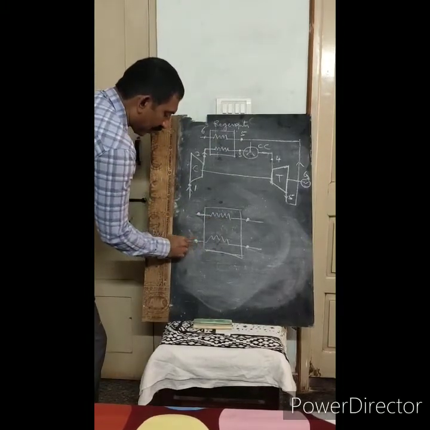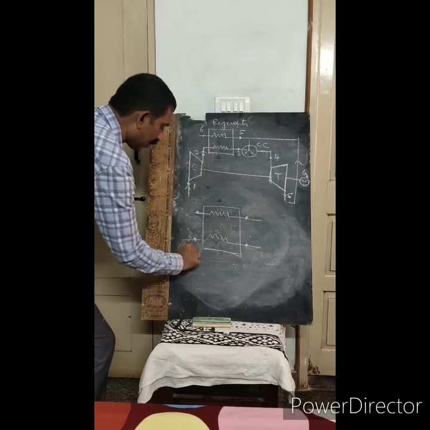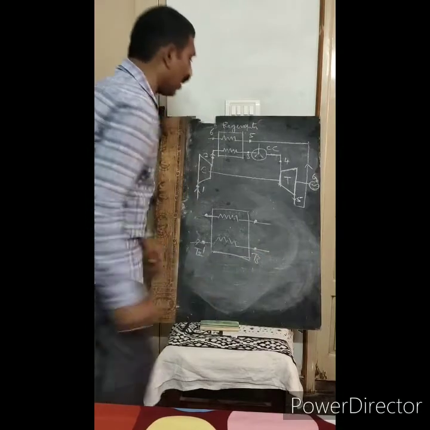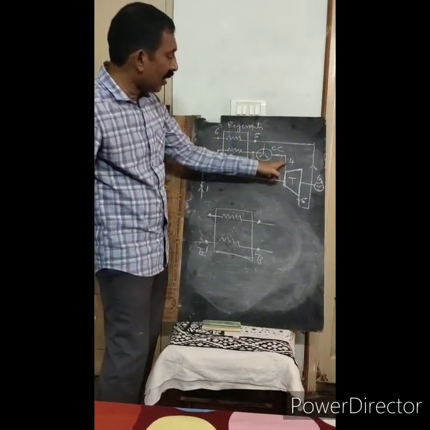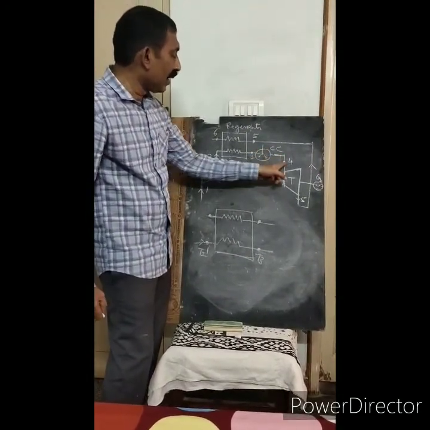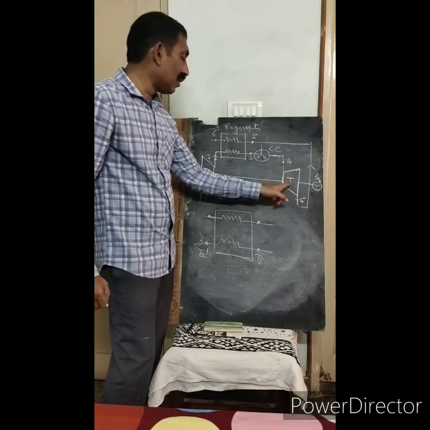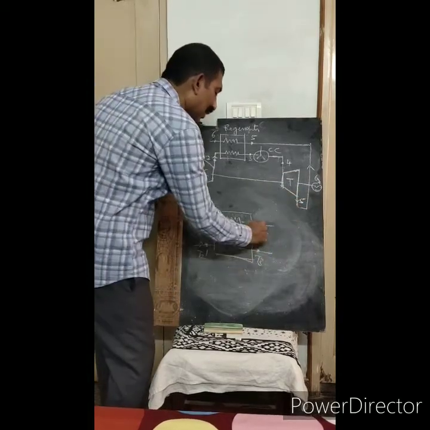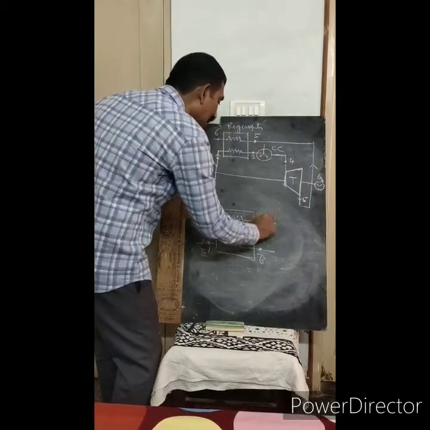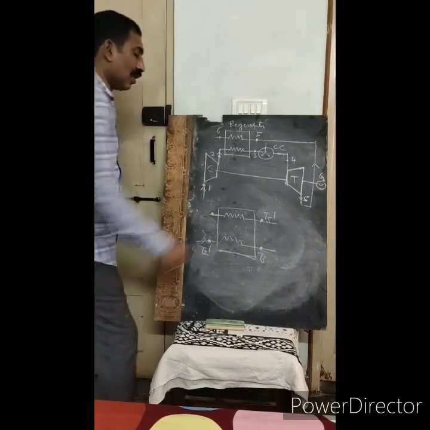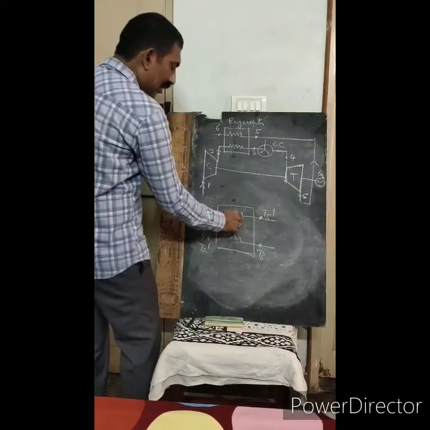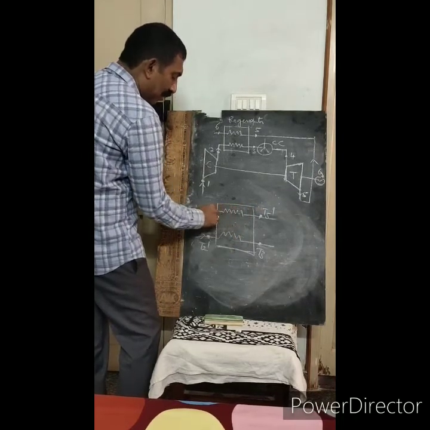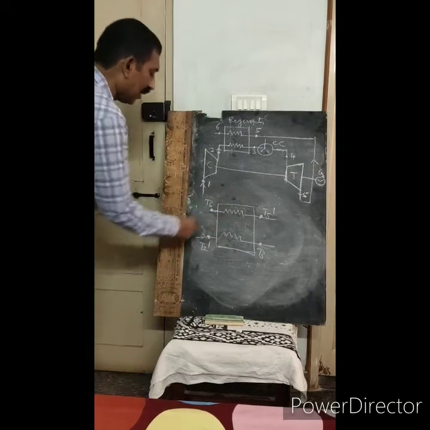The air from the compressor enters the regenerator at a temperature T2 dash and leaves the regenerator at temperature T3. At T3 it enters the combustion chamber, so that its temperature will be increased to T4. At T4 it enters the turbine where it gets expanded to the temperature T5. At T5 the exhaust gases are taken back to the regenerator, which is T5 dash. The exhaust gases entering the regenerator at T5 dash reject their heat to the air, so that their temperature will be decreased to T6.